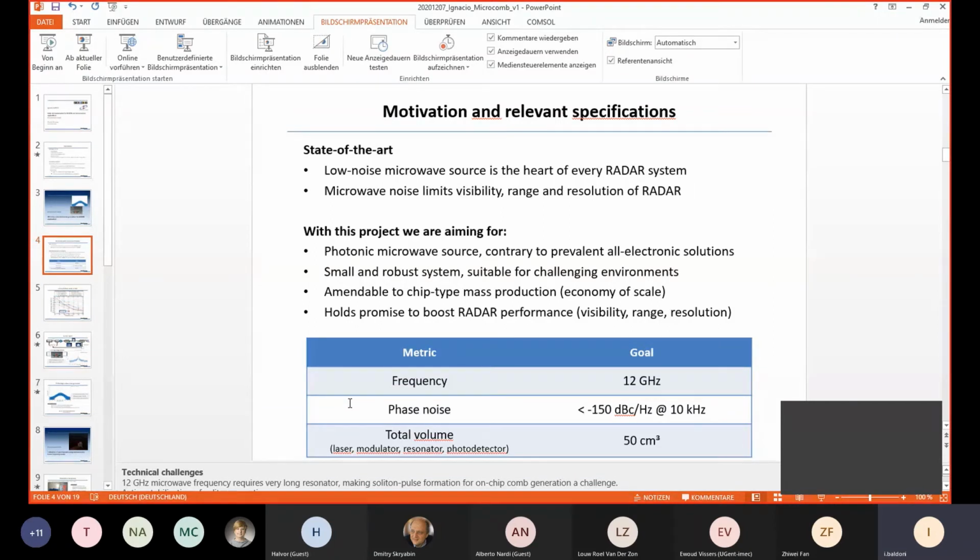Volume of the optical components of 50 cubic centimeters, which will include the laser, the modulator, the resonator, obviously, and the photodetector as well. And the most important concept is the phase noise that we want to accomplish here, which is minus 150 dBc per hertz at 10 kilohertz. In case you are not familiar with the concept of phase noise, I made a short